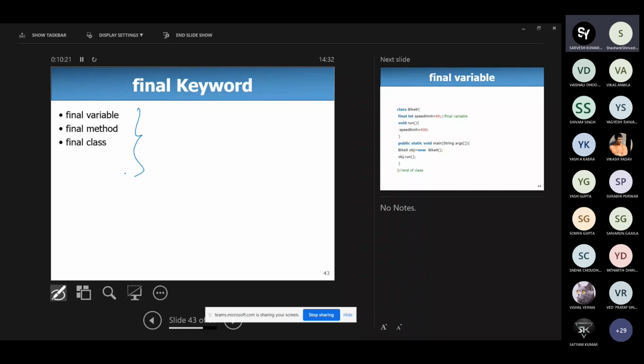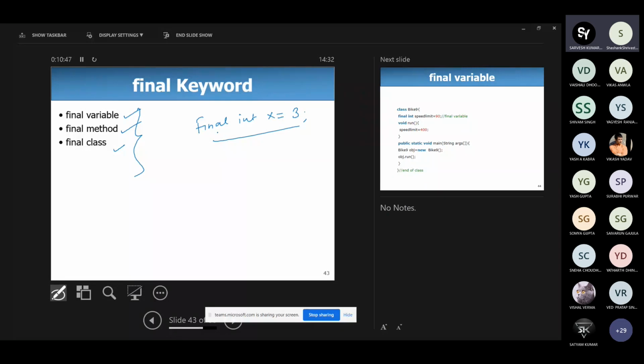The final keyword can be applied before the data, means before the variable, before the method and before the class. If you put the final keyword before a variable, for example if I write final integer x equal to 3, x is a variable that is declared as final.